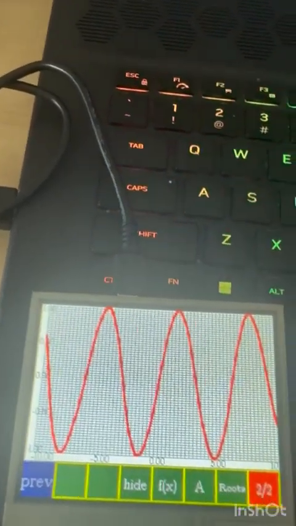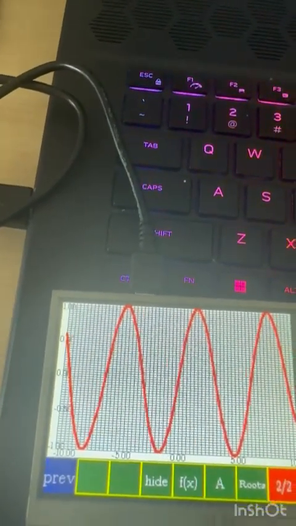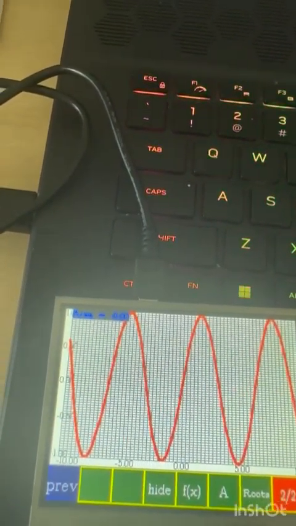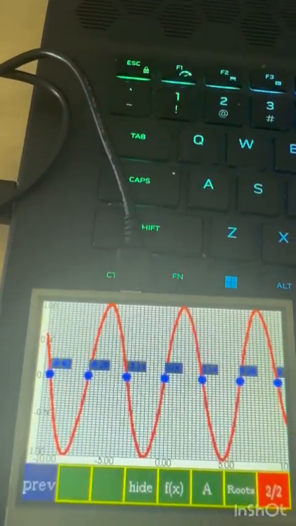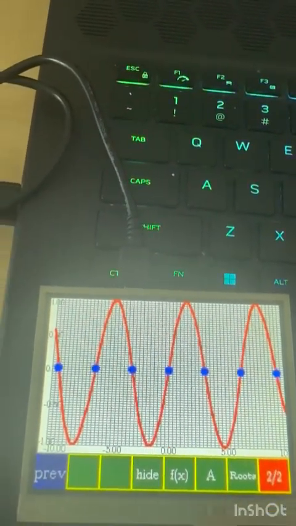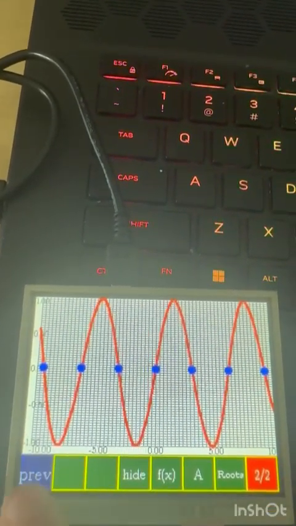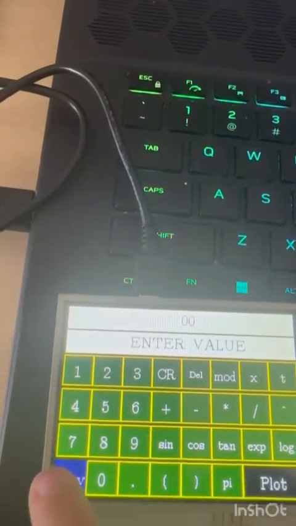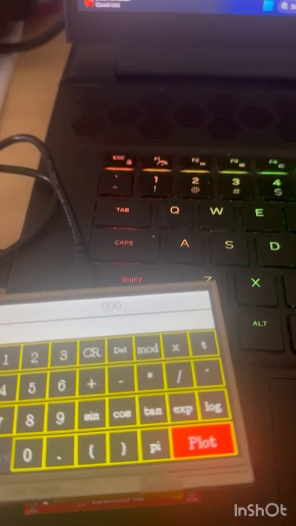We can find other parameters like area under the curve, like it's giving 0, then roots, and we can hide those things also. So this is all about